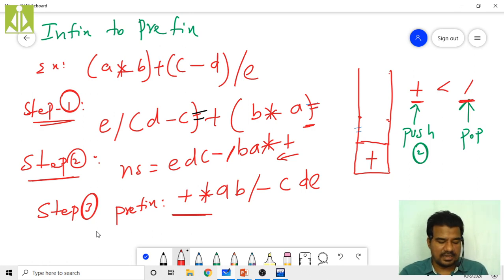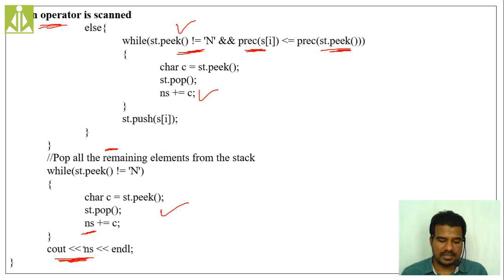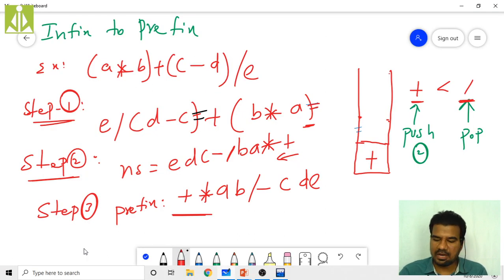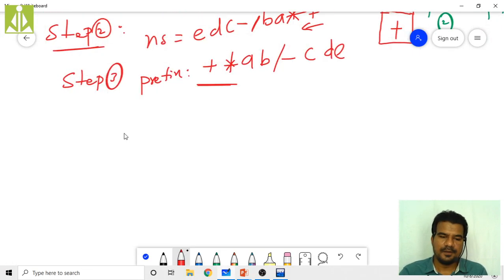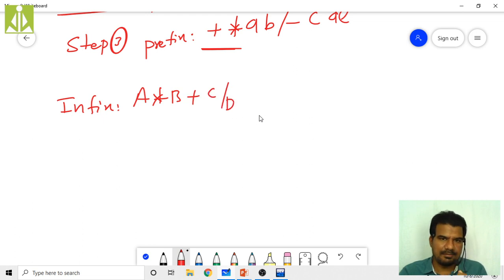Okay, I'm taking another example without any parenthesis. This is the example I have given in your notes, and I will do it as the last example. So that is our infix notation: capital A star capital B plus C divided by D. They have given this question in one of your previous year question papers. That is the reason why I have taken this example and I'm converting it.